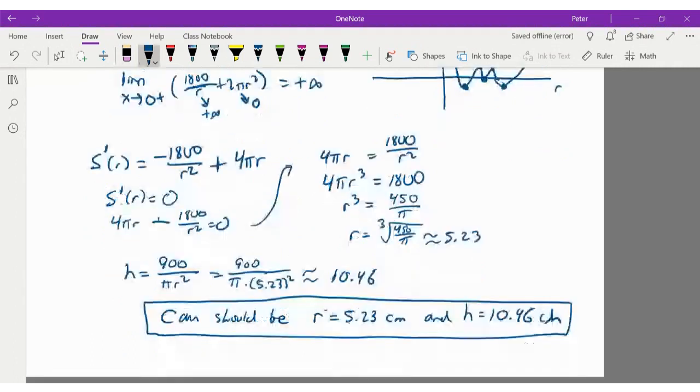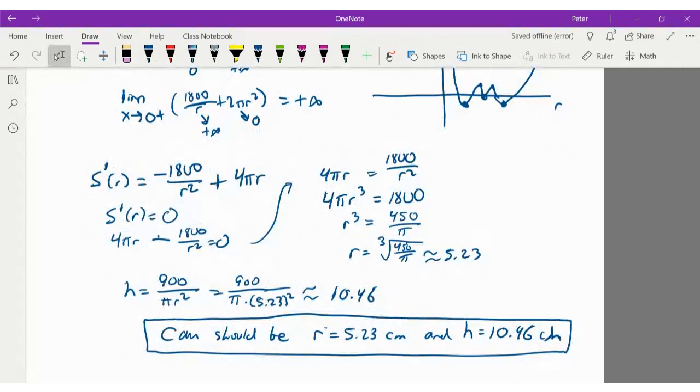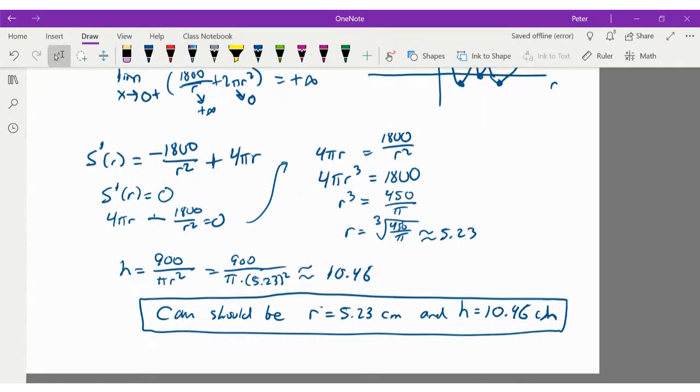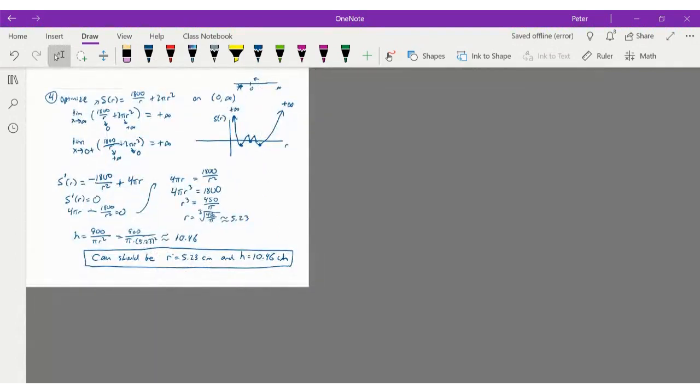So that's the answer. Now, the difference in this problem is that in order to be able to say that this was actually a minimum, I had to be able to make some sort of geometric argument about what was going on at the other sides of the function. We saw that as the function approaches 0 or infinity, it grows in the vertical sense up to infinity. So that means that if this is going to be plus infinity and this is going to be plus infinity,